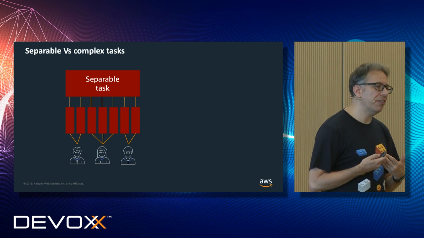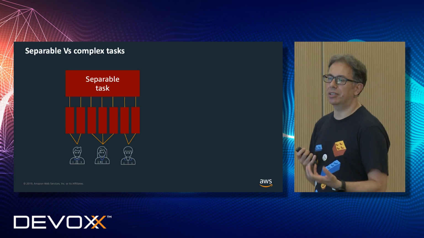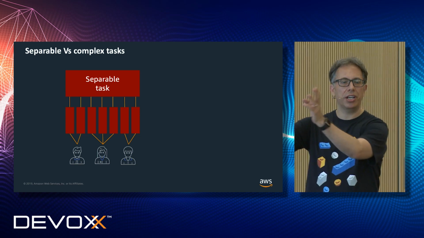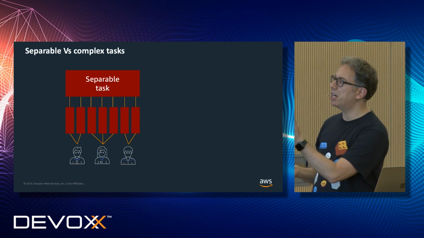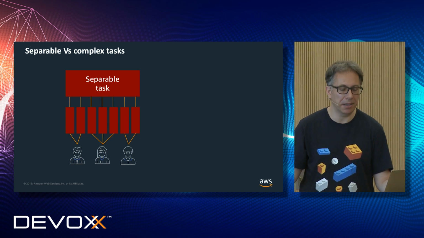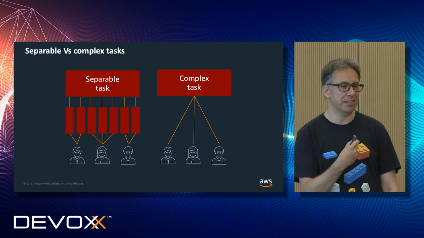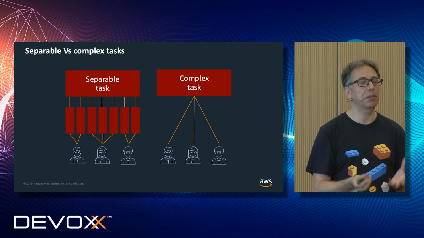Well, to define how to choose the skills of a team, let's first look at what is the problem we want to solve. So if we want to move all the chairs from this room from one part to the other, this is a separable task. The more people we have, the more we can go in parallel. But if we want to create a software product, this is a complex task. We need all people working together, and we need different perspectives to solve the problem.